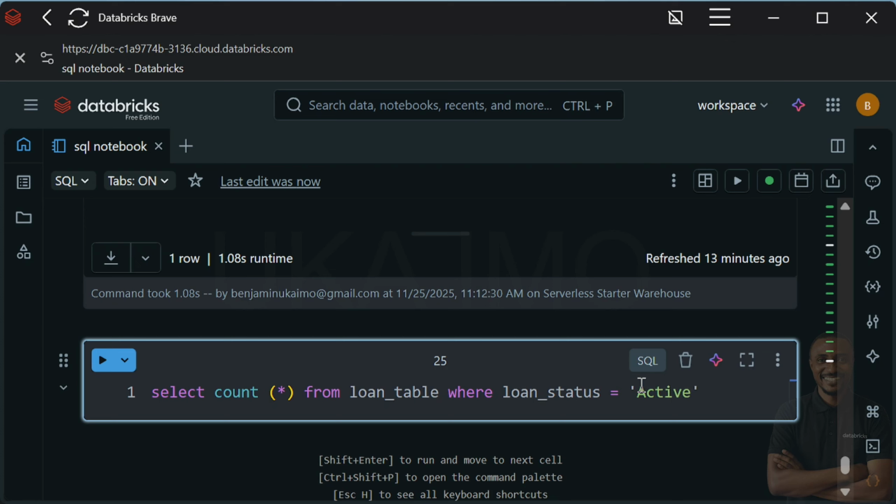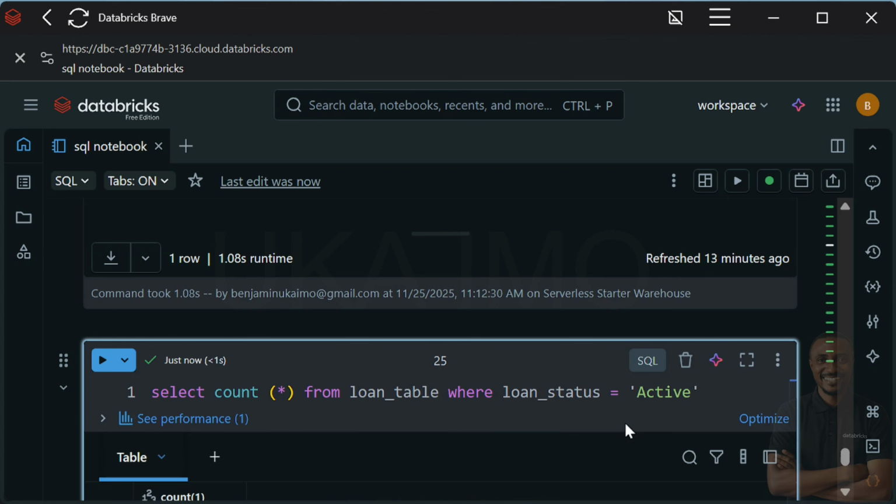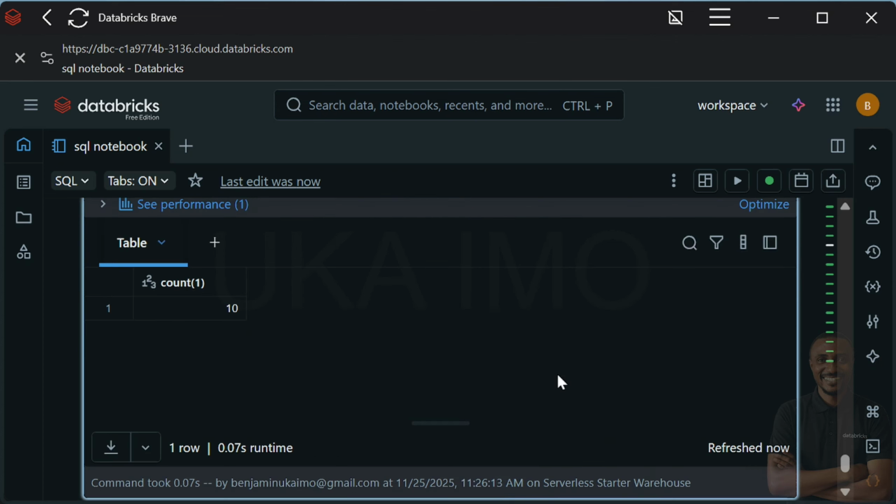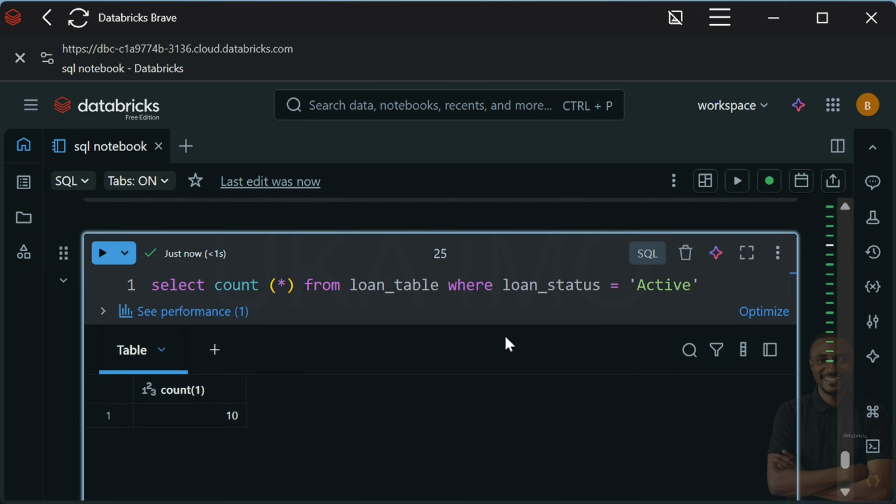Write it the same way it is in the column, which is Active, in sentence case, and then we'll just quickly run this. Okay, it says successfully, and so out of the 15 rows, we have 10 where the loan status is